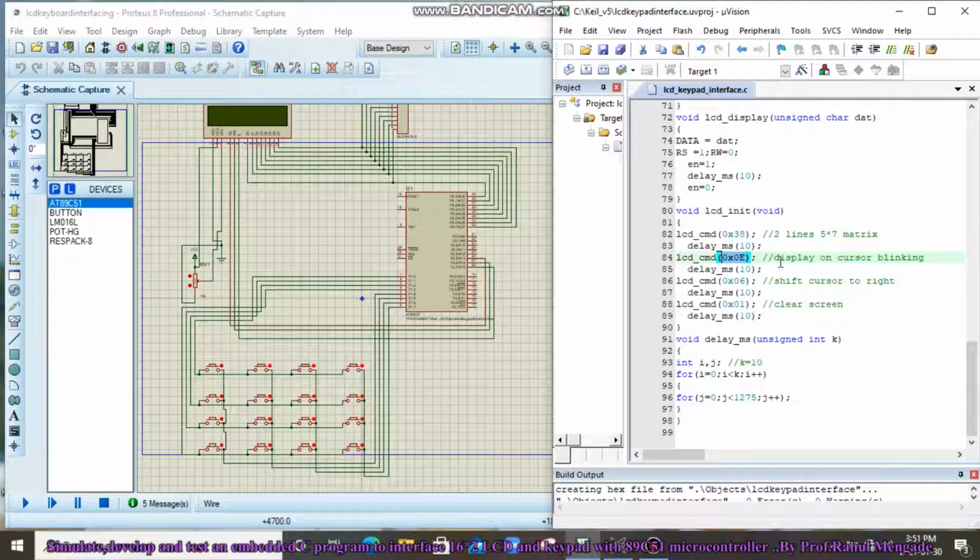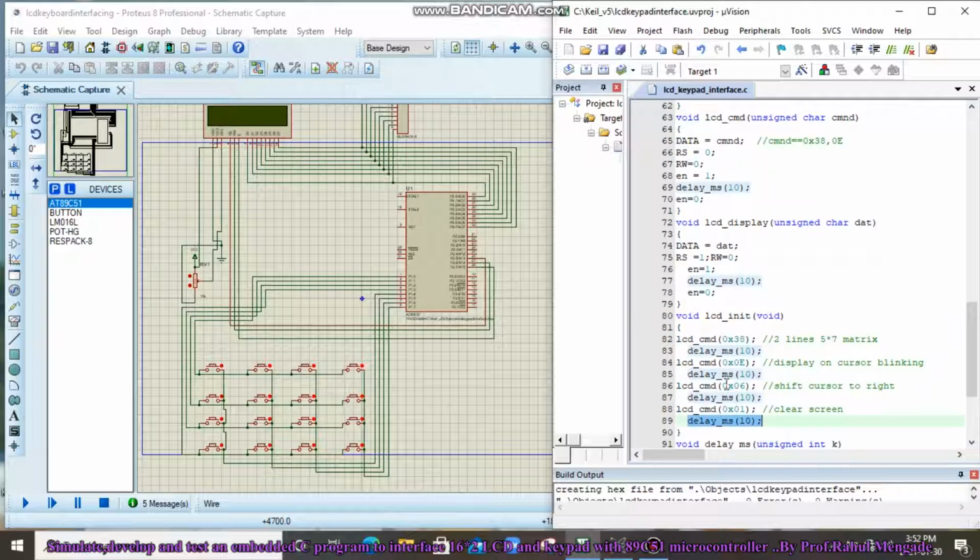Why 0e? Because to turn on the display and cursor blinking, the 0e command is passed. Then again a 10 millisecond delay is generated. Again the 06 value is passed to shift the cursor to the right, then again a delay is generated, then again the 01 value is passed to clear the screen, and again delay underscore ms 10, that means a 10 millisecond delay is generated, right?